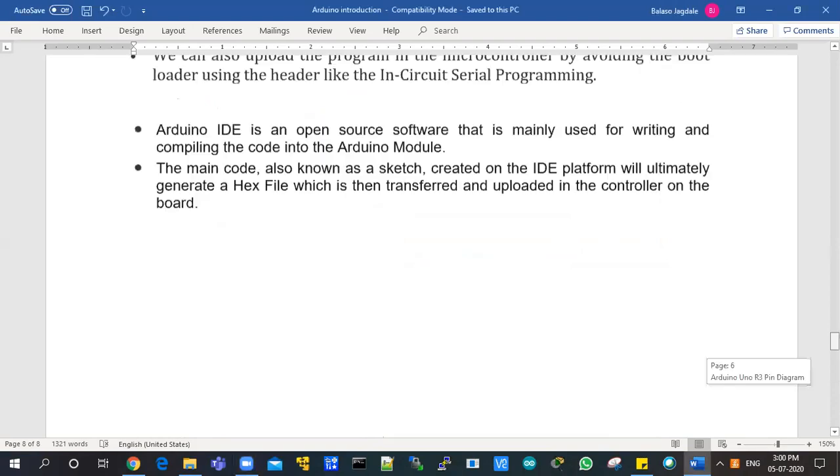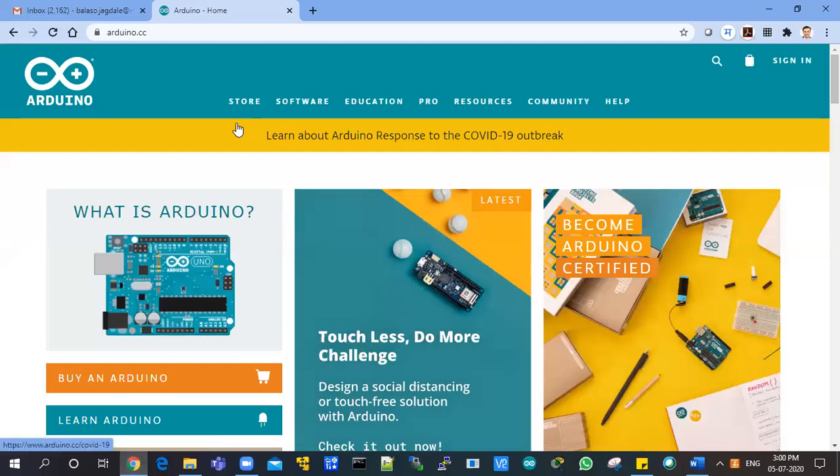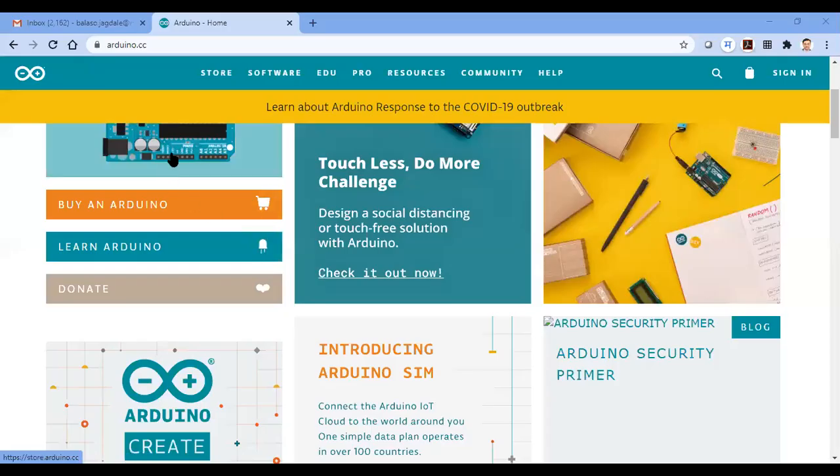So that's it. This is the main manual I'll be sharing with you, and this is the site. I think you are not able to see. Let me first of all stop this particular sharing. I don't know whether you are getting this share, but I will share again. Yeah, now it is there.